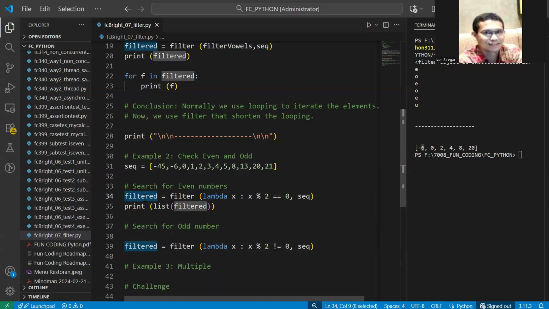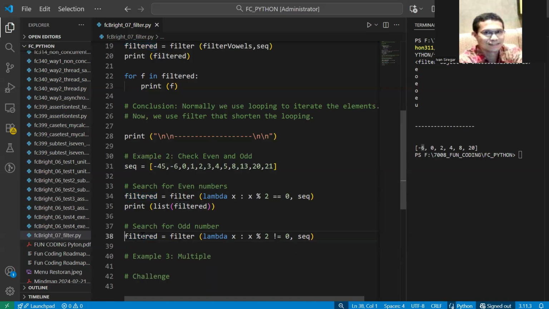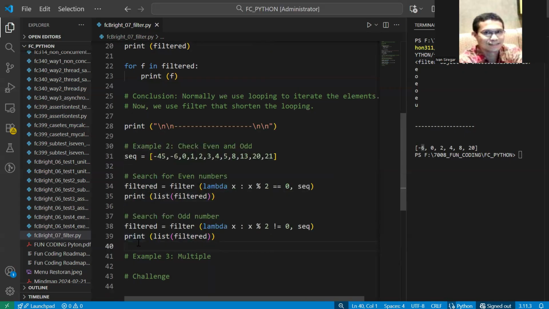This one filters the even numbers, this one filters the odd numbers. Then you can print the filter. So this will come up with the odd numbers. Then you can try running the odd numbers that you have there. Okay, so it's perfect. Adjust your code.